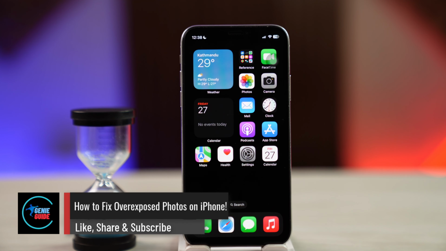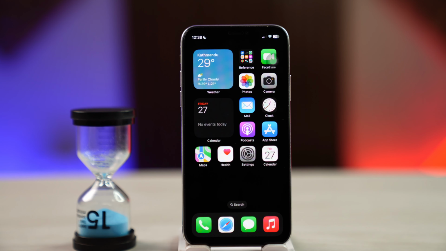How to fix overexposed photos on iPhone. If you would like to fix your photos being too overexposed on your iPhone, there are a couple of ways that we can actually do so. Depending upon the generation of iPhone you're using, iPhone has a feature called